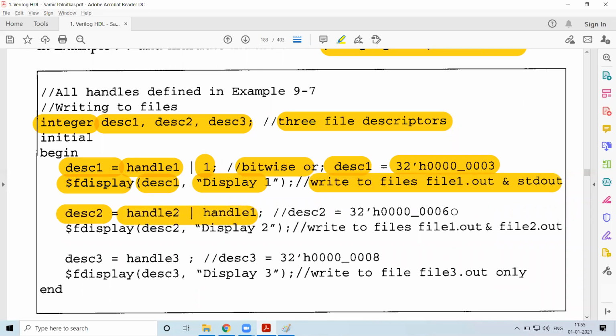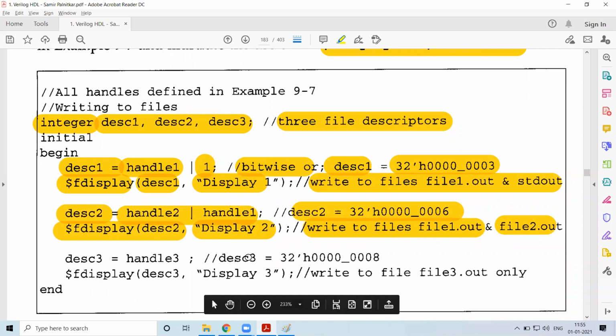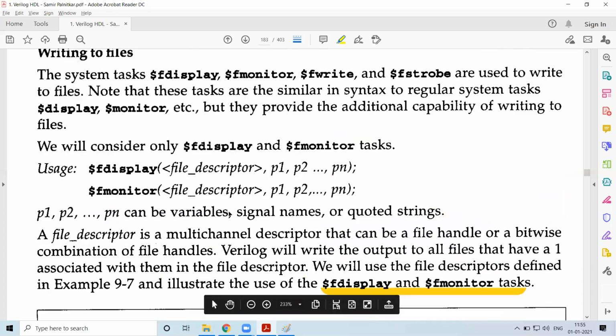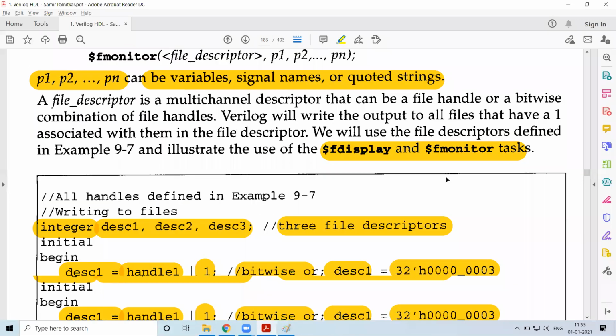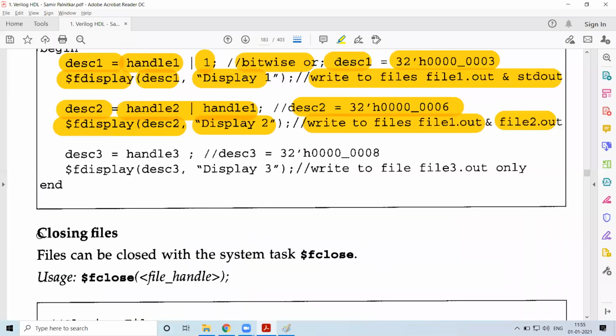If I OR it, it turns out to be 6. For that you can go for display 2 and write to file1.out and file2.out. So that is what is happening. These are a few useful directives, tasks or functions you can look out for.